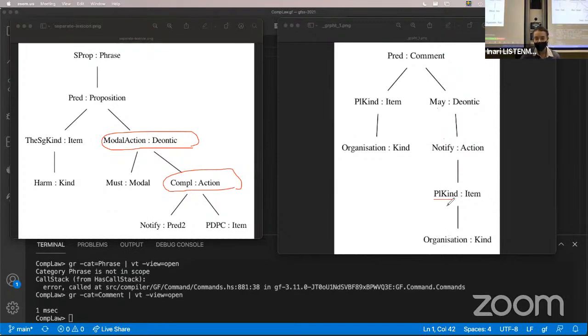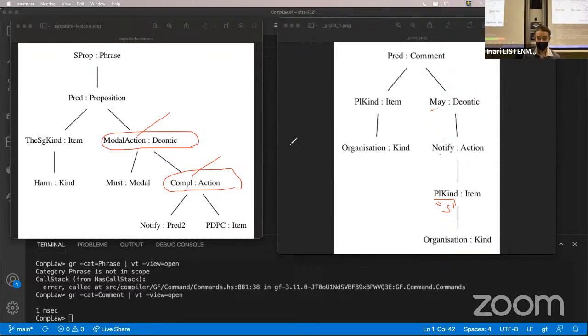The lexical content of this is the plural. But there is no lexical content for complement. There is no lexical content for this, because the lexical content here comes from may and notify. These are just empty nodes. So it makes the trees look a bit uglier, but it is necessary for